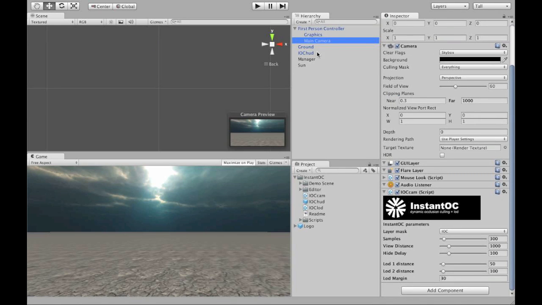When you are done, you have to write down the values, because when you hit stop, these values are not saved. So you can play around, then you have to write these values down and reset them manually in the InstantOC custom inspector. So now we hit play